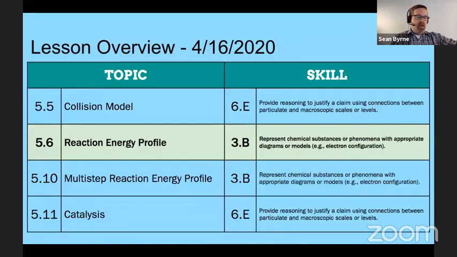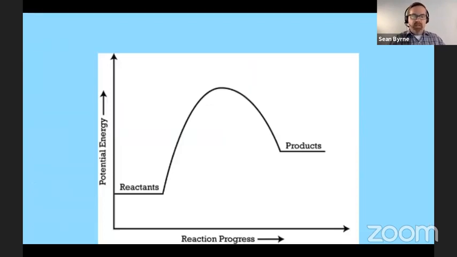Okay, another kind of graph that we look at that I think is probably familiar to many of you is the reaction energy profile. It looks something like this. What we're seeing is potential energy increasing along the left-hand side of the graph. We typically would talk about the reactants on the left-hand side, the products on the right-hand side. There are versions of this where we switch it and we talk about the reverse reaction. I'm just going to talk about forward reactions for today.